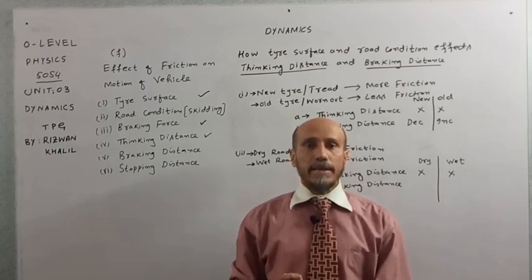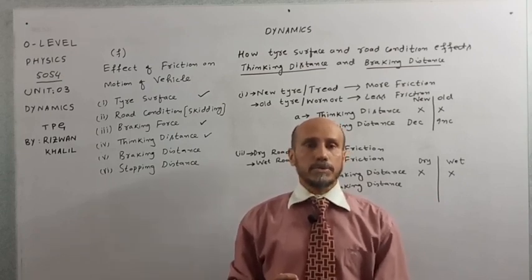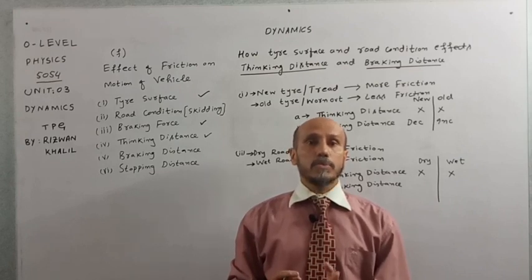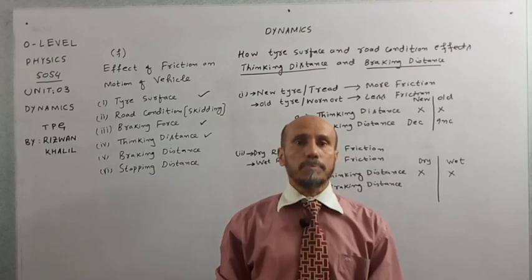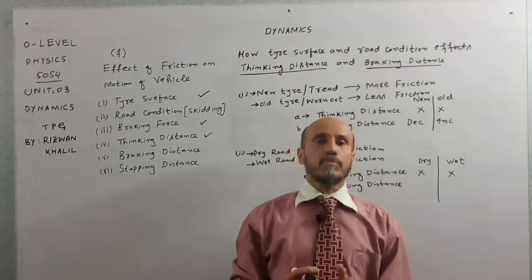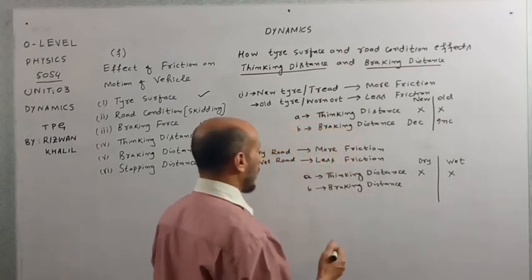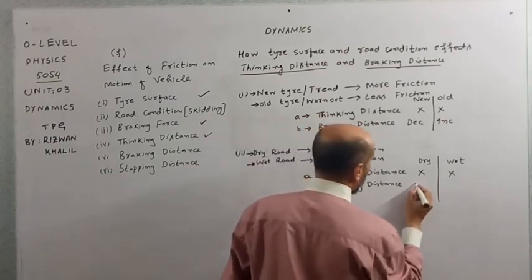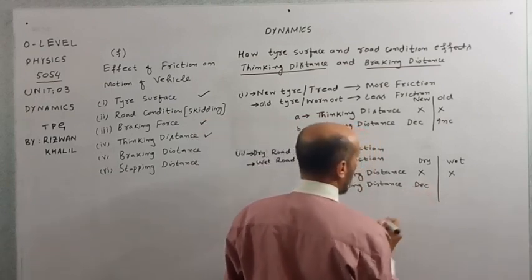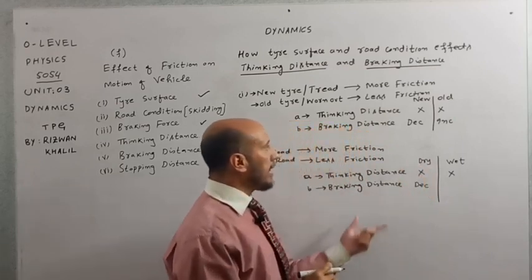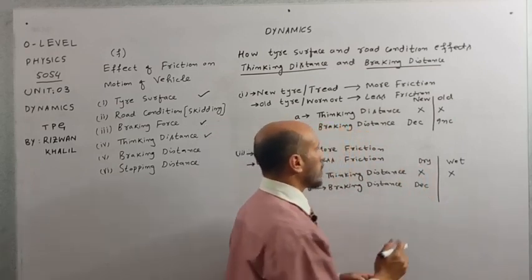So definitely braking distance will reduce. While if the road is wet, there will be less friction and it will take more time to stop the car. Definitely if it takes more time, it will cover more distance. So what we can write over here is that braking distance decreases if the road is dry